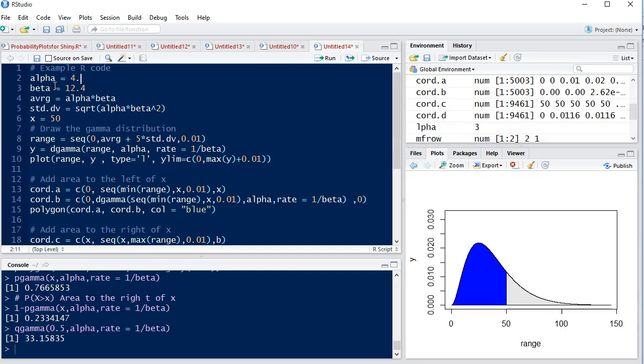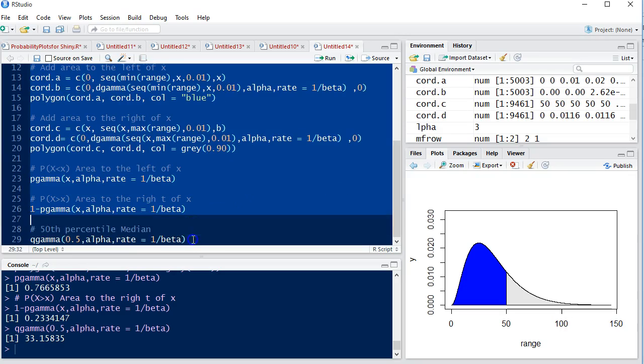How does that then change, one, the look of the distribution, and two, how does it then change the way we would calculate it by hand? Well, it gets really messy because of that gamma function in the gamma distribution function. So we can then calculate a lot messier probabilities